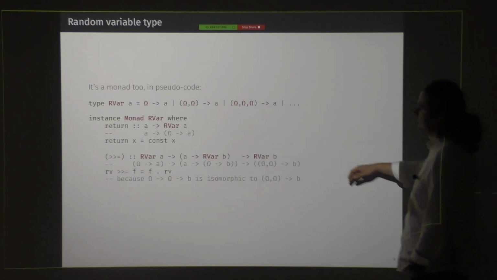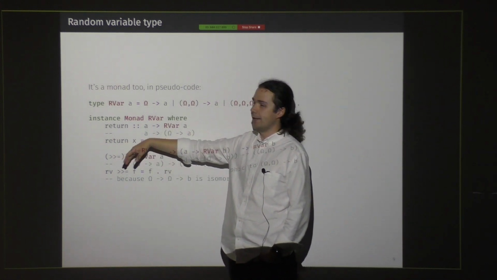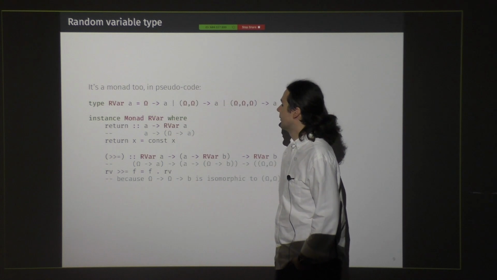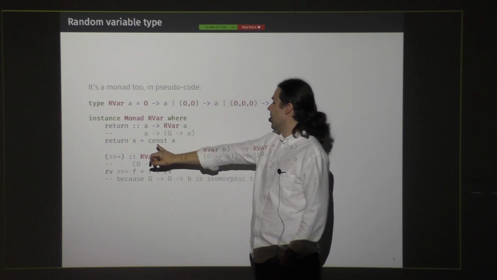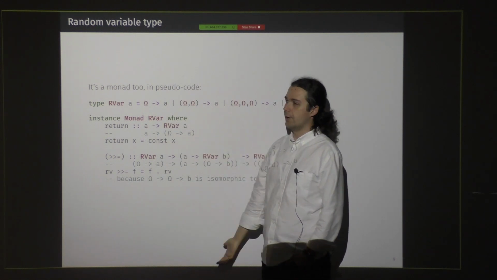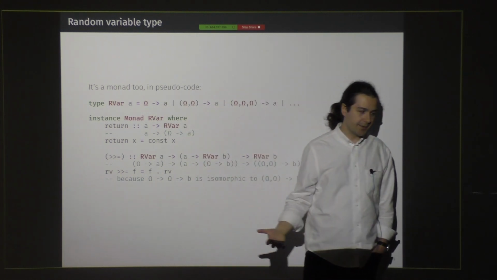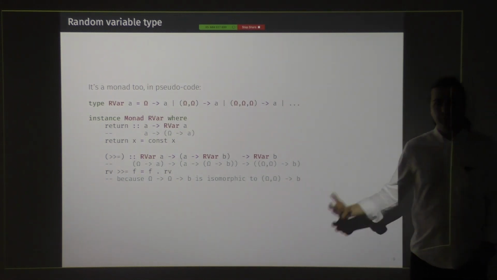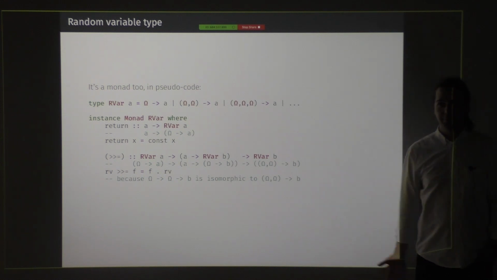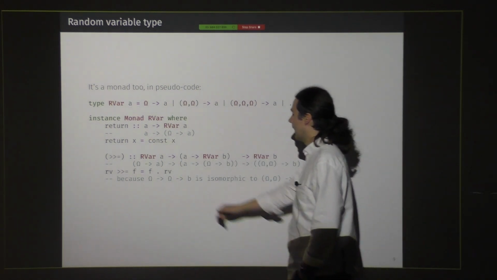So in the monad we have two functions that we need to implement. The first function is embedding a value in the monad, pure or return. Let's choose return. So basically, from the value we need to produce a random variable, so a function, but from the one value, the only thing that we can do is produce a constant function. It makes sense because from each value we can trivially produce a random variable. That is, whatever the outcome of the random experiment is, we choose that particular value. That's clear.